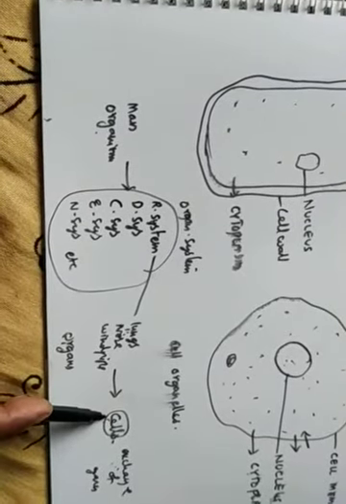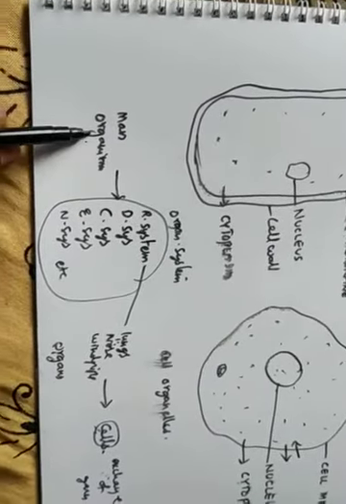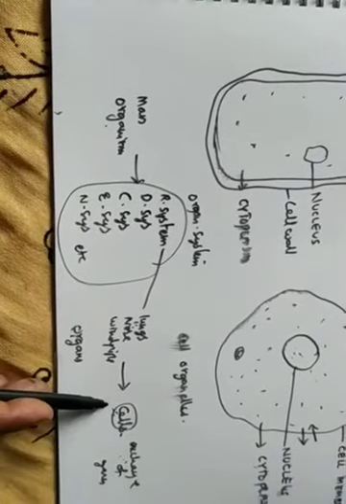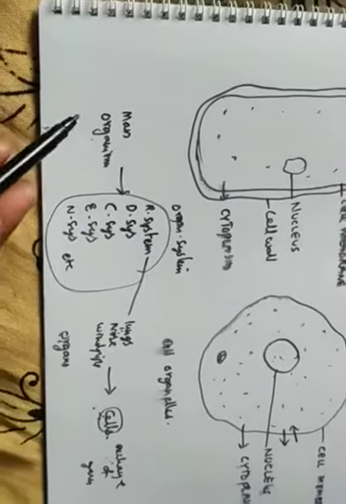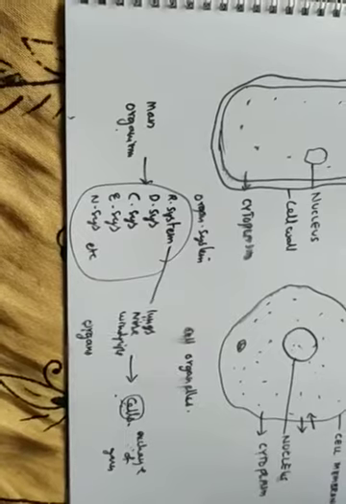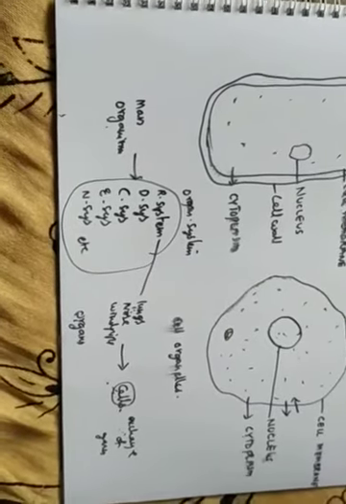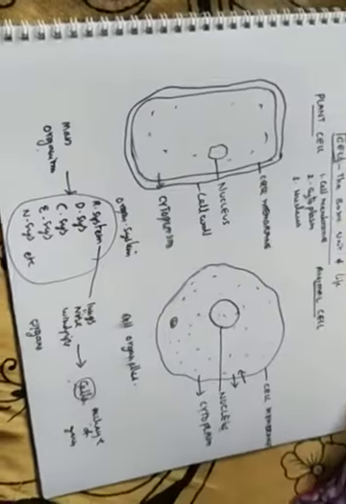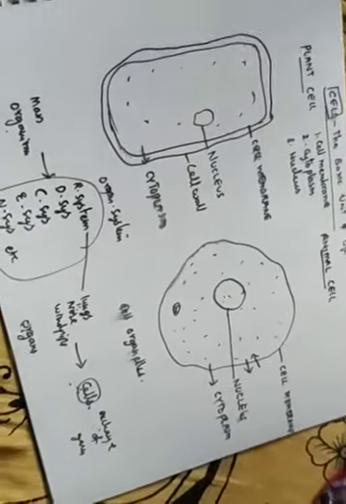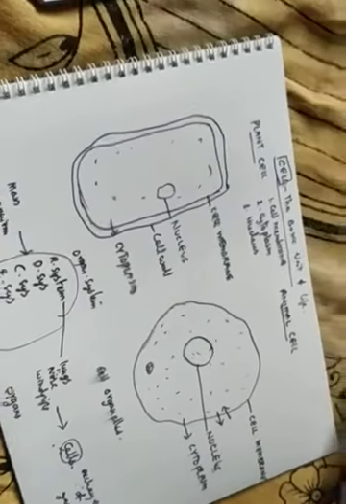What is the shape of the cell? Accordingly, the organism will get that shape. What is the function of that cell? Accordingly, the organism will do that function. Is it clear? Understood now? So this is the lesson, the basic unit of life. Cell is called the basic unit of life. And now, other than this, when you see